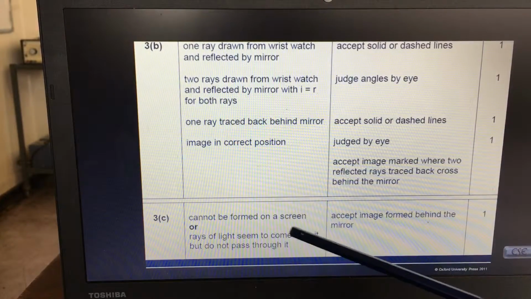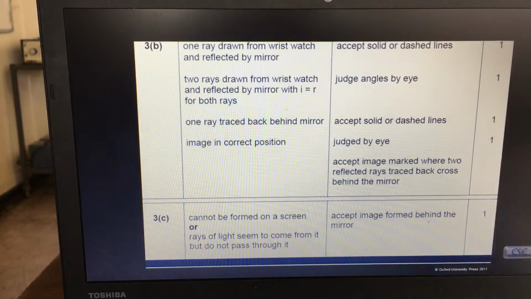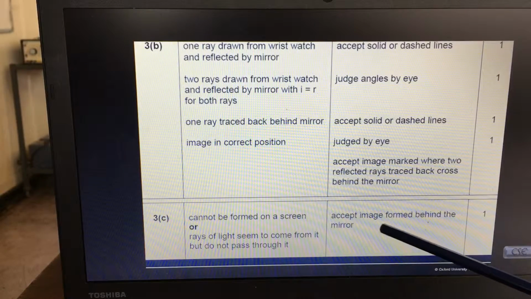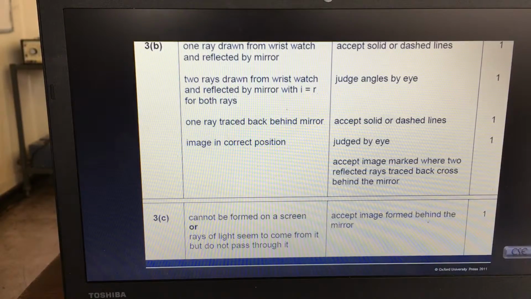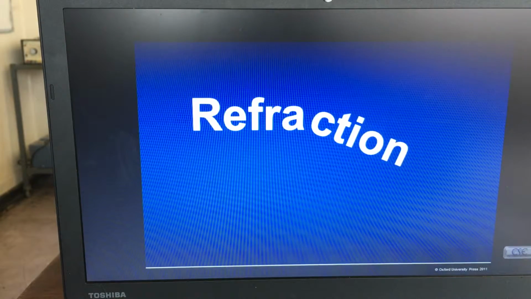And here's for the virtual image. Cannot be formed on a screen, or rays of light seem to be from but not pass through it, or except image formed behind the mirror would be fine as well. So refraction, a bit of a hint there,